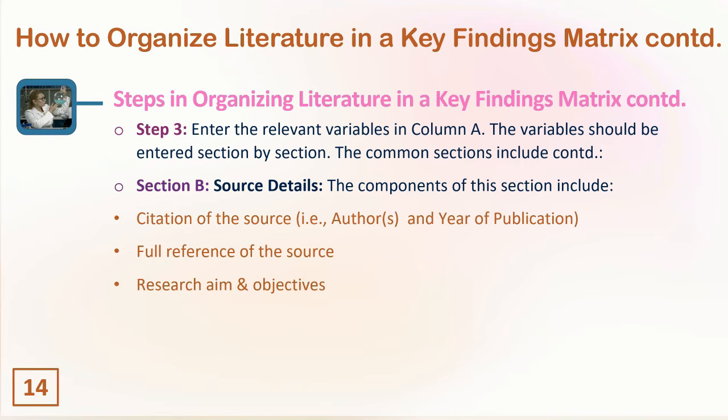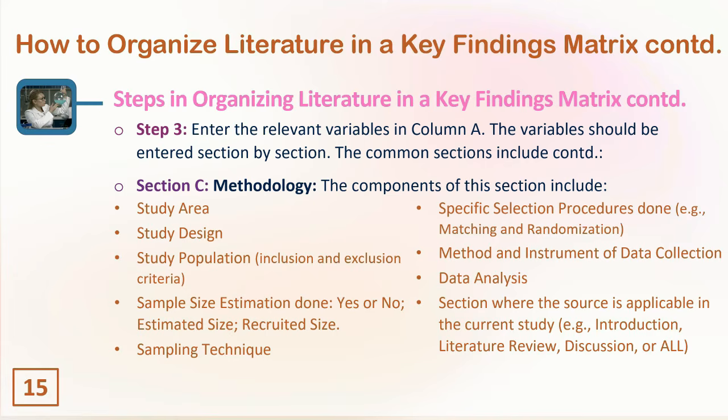Section C is on methodology, and the components of this section include study area, the study design, the study population, as well as the inclusion and exclusion criteria, whether sample size estimation was done or not, the estimated sample size, and the finally recruited size, the sampling technique employed in the study,